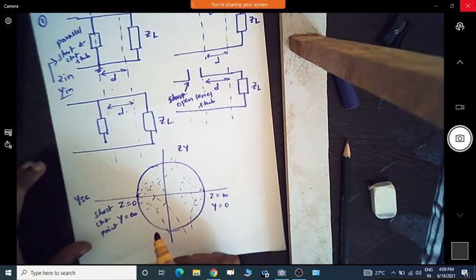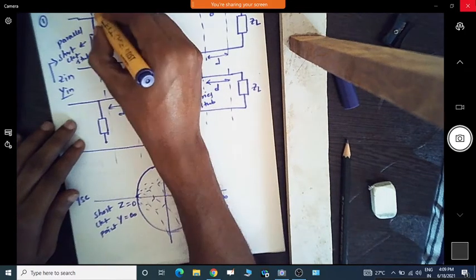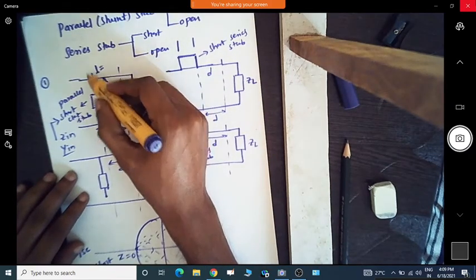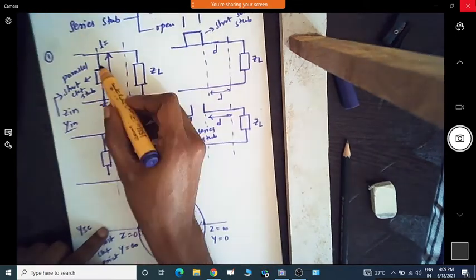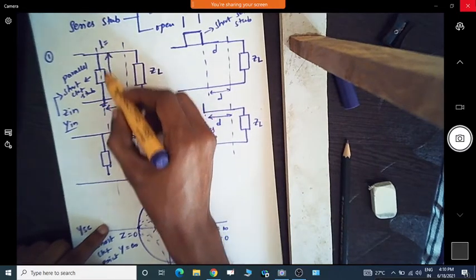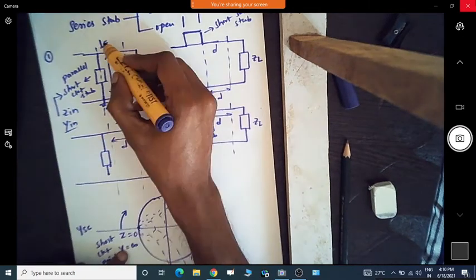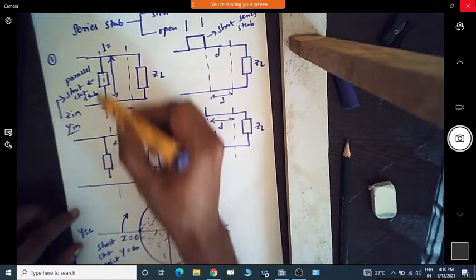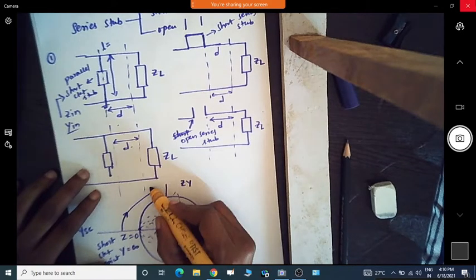Now how are we able to find that one? So this is having some particular length. Okay, so for this stub, the particular length they will specify. Okay, so that length you need to move from the short circuit point. So for this particular case, since we have the short circuited stub, we have to move from this point by the specified length, in order to obtain the susceptance offered by the parallel stub. So now let us take somewhere here some point is there.